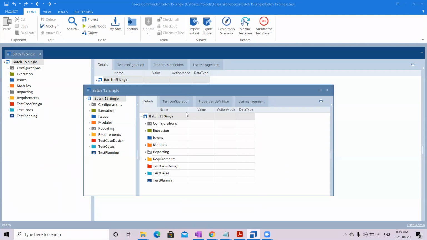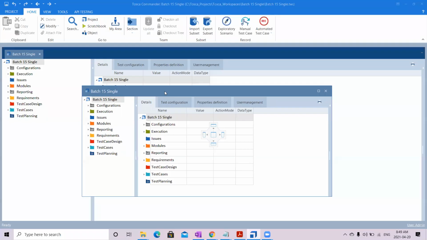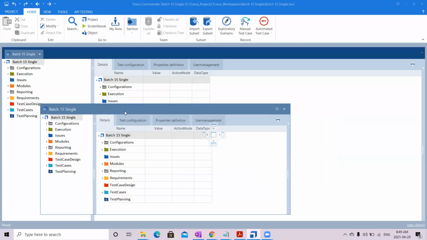This way of movement is called floating. This window is floating now. But if you want to dock it, docking is nothing but keeping it in some reserved position. You just hold this blue colored area, hold your left mouse button,